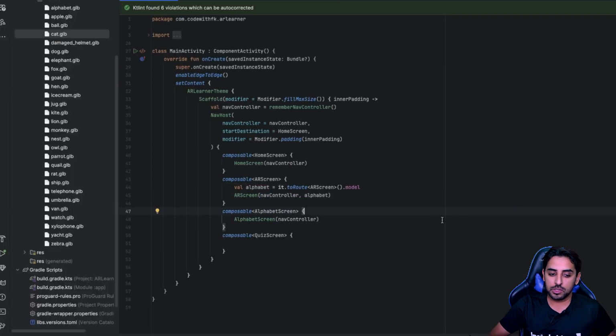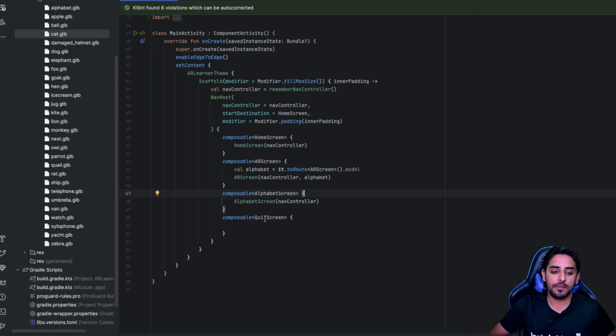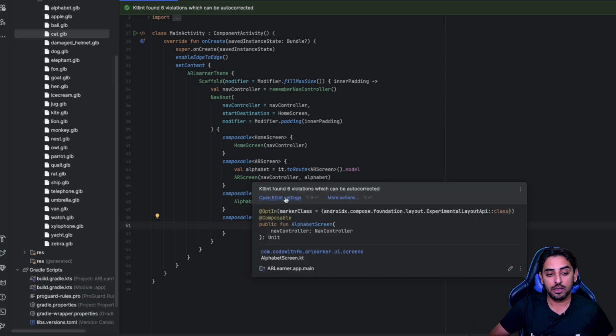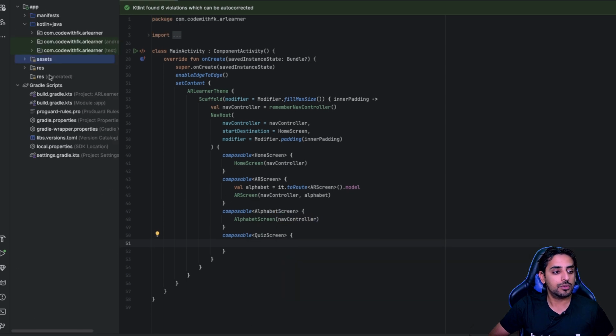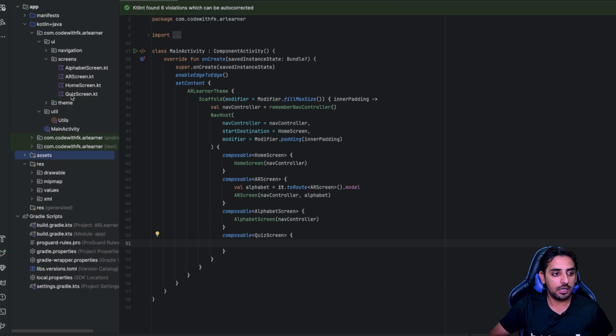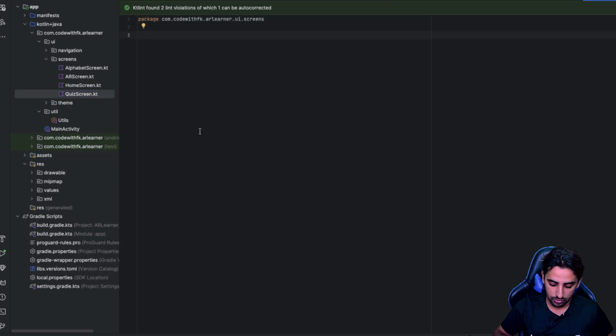Now the third thing is, now we need to implement the quiz screen, right? So for quiz screen, what we will be doing is that we will be randomly selecting a model, and we'll place it in the plane, and then we'll ask the user to select what alphabet is basically the correct one for that specific object, right? So let's just go to UI screens, right? Inside this screens, go to this screen,